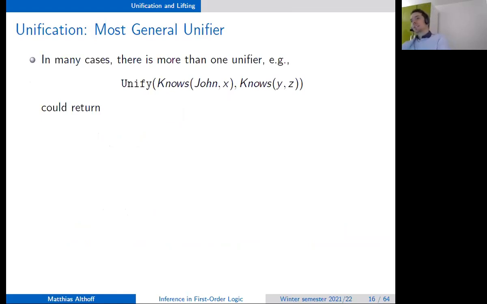There are now some more interesting aspects regarding unification. We could unify John knows X and Y knows Z, but there's more than one possibility. For instance, we could choose Y is replaced with John and X is replaced with Z, or Y is replaced with John, X is replaced with John, and Z is replaced with John.